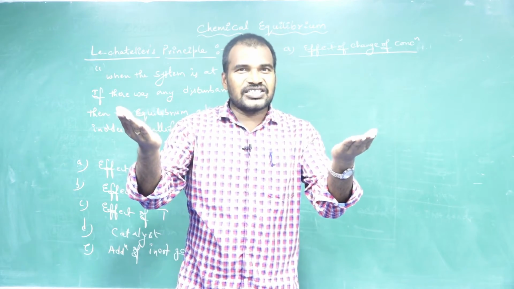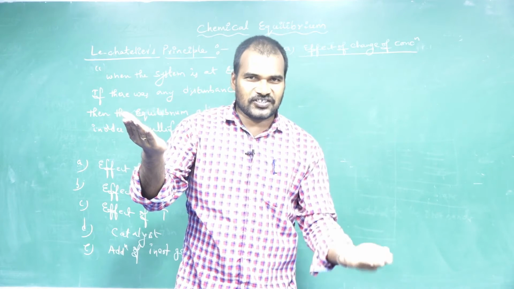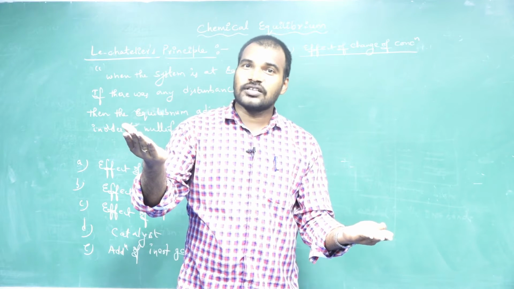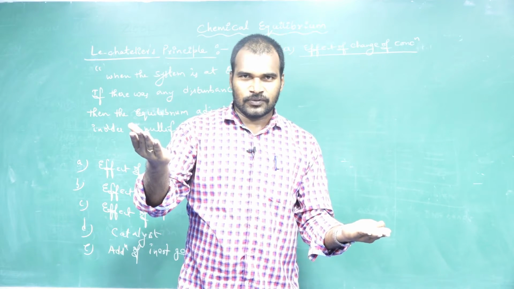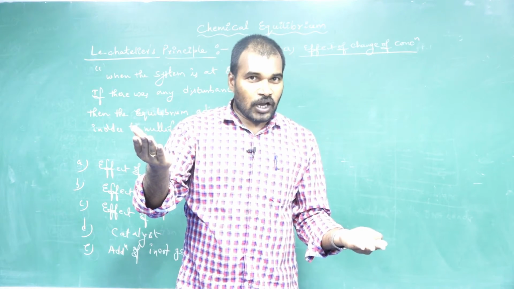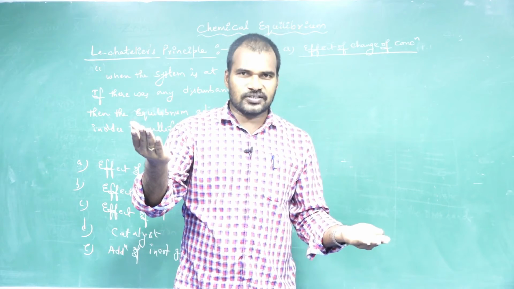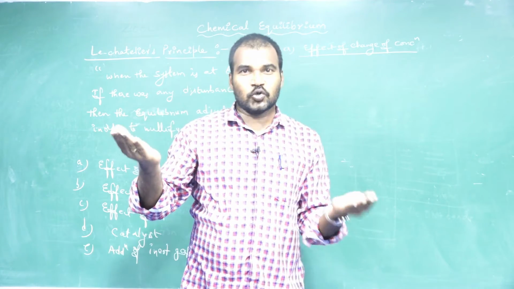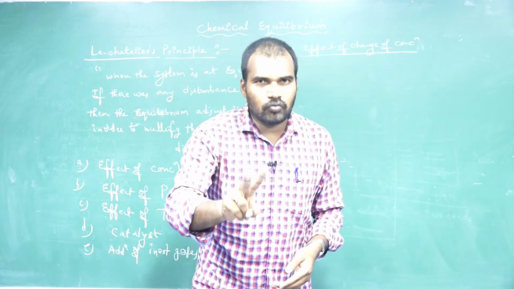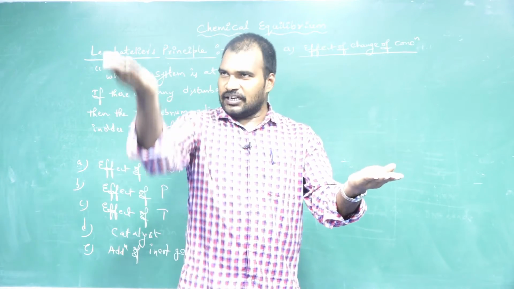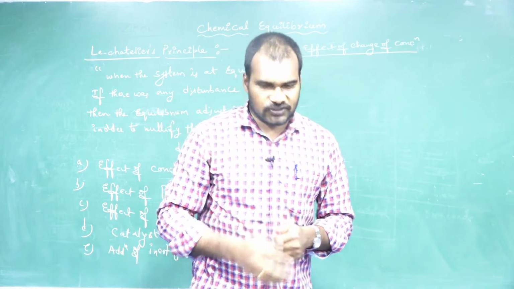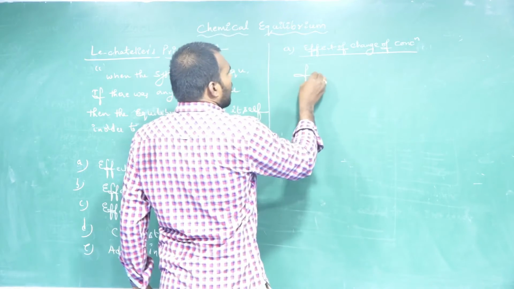Or else, the system is at equilibrium and now we are disturbing the system by removing the products. I removed the products, so the concentration decreases. Then how does the equilibrium respond? The equilibrium will try to increase the concentration of products, by converting the reactants into products. So it is also favorable to the forward direction. So the two factors favorable to the forward direction are either increasing the concentration of reactants or decreasing the concentration of products. So here I am writing forward reaction.